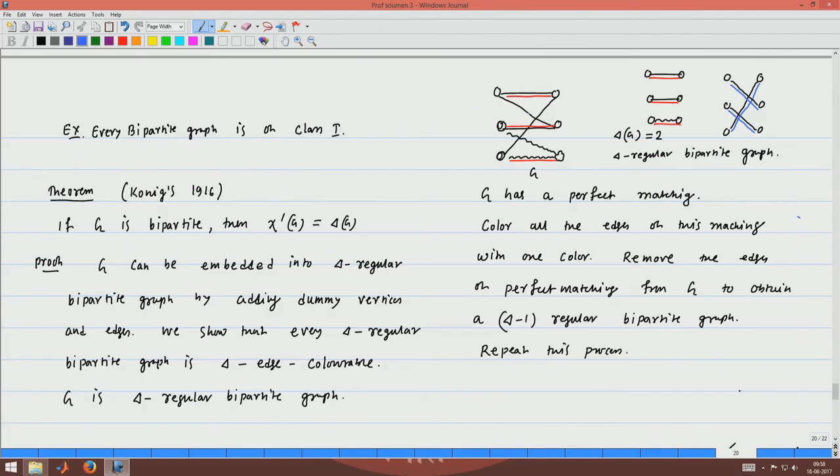So, in the original graph, you are coloring this edge blue, this edge blue, and this edge blue, right. In this way you can color a delta-regular bipartite graph with delta colors. So, that is why if G is a bipartite graph, its chromatic index is delta G. So, this proves that every bipartite graph is of class 1. Thank you very much.